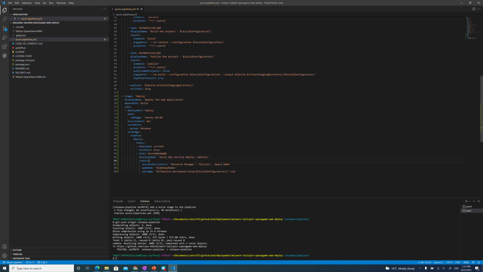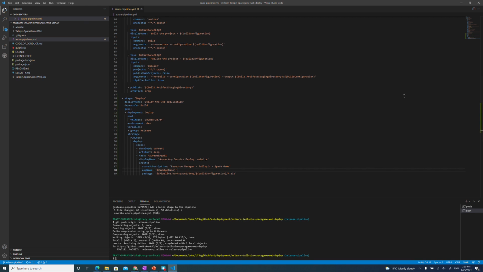We have this app name. You remember this is the name we input into the variables, and we just deploy the artifacts into that application. Okay, remember to save it and then